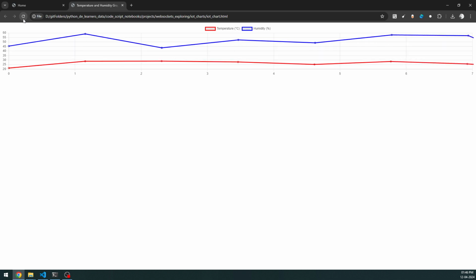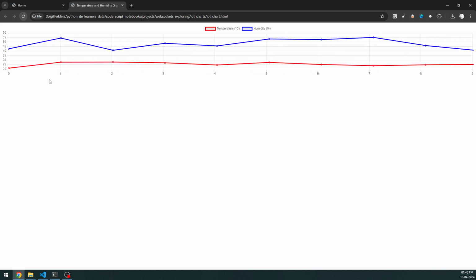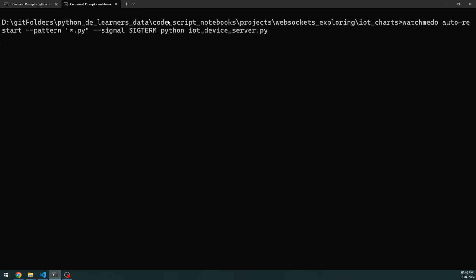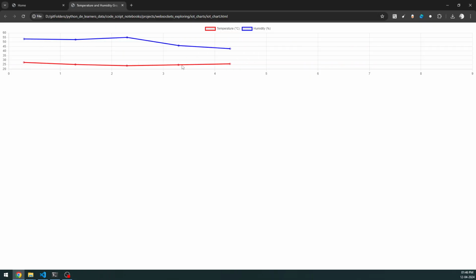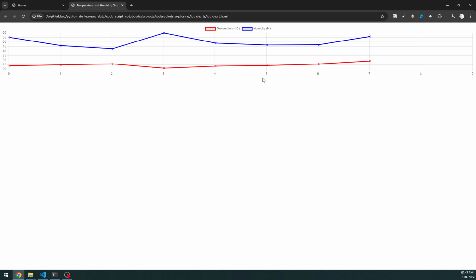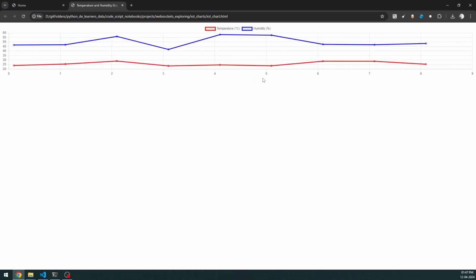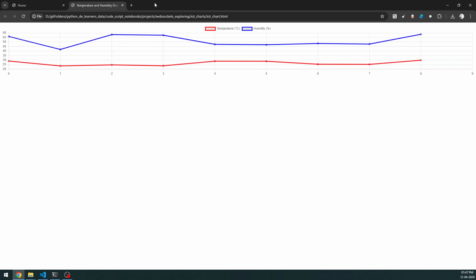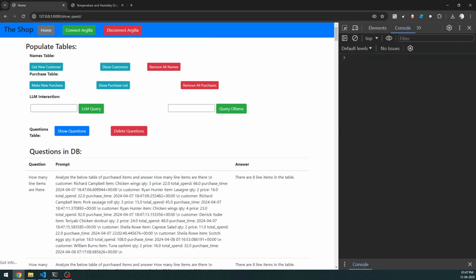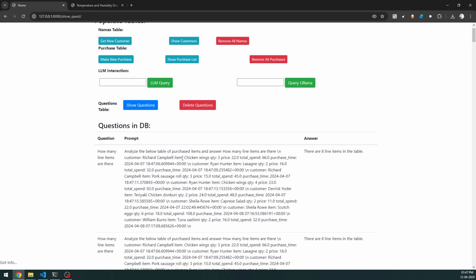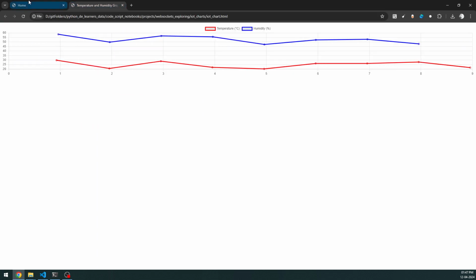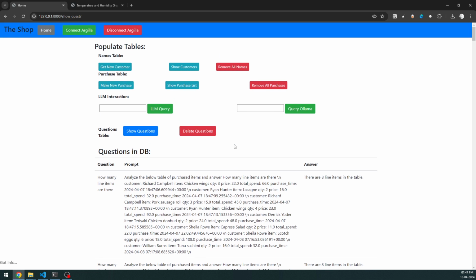The dashboards are alive, and this is how the data that is getting pushed from this server is getting updated here, and you can see that it is happening in real time. So this is one of the important ways where you can use WebSockets, and the same thing can be incorporated into this also. Nothing is stopping us from incorporating the chart data that you're seeing here into these kinds of interfaces, which have a Django backend